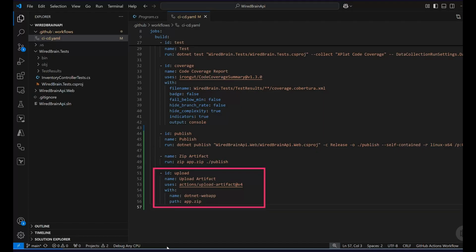Think of your build artifact as the output of this entire build phase of the CI/CD pipeline. Your build phase takes in the source code and outputs this artifact, which has been tested and we know is working appropriately. From there, we can save this artifact as part of the pipeline run, and then it will be retained for a certain number of days in case we ever want to roll back